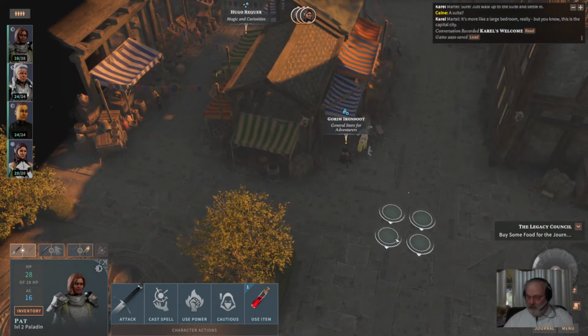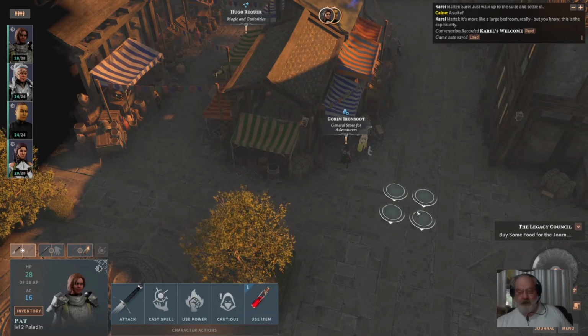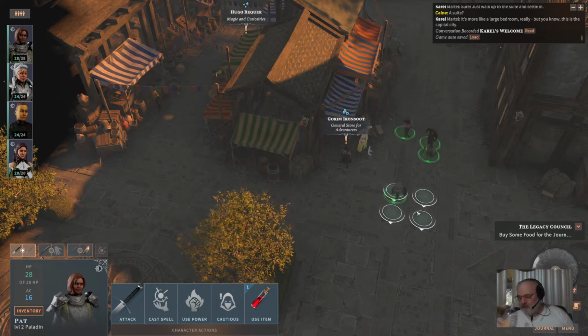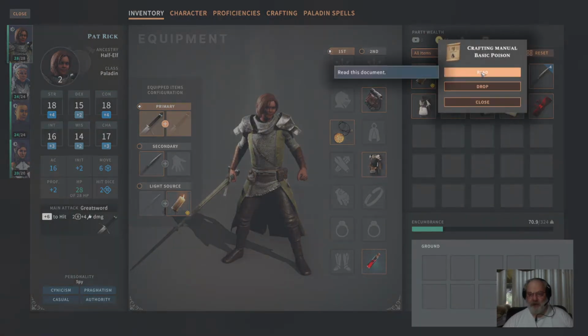Okay. Now, I do not have anybody with the ability to cast Goodberry or create food just yet. So I will have to buy food. You have to buy food anyway at this stage. It's hard-coded in. Before we do that, my Spy Paladin,